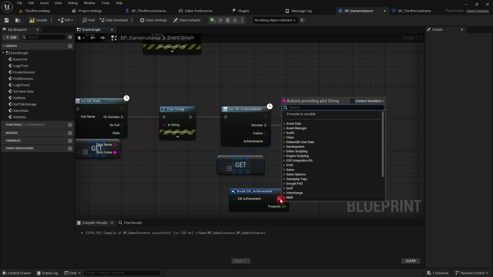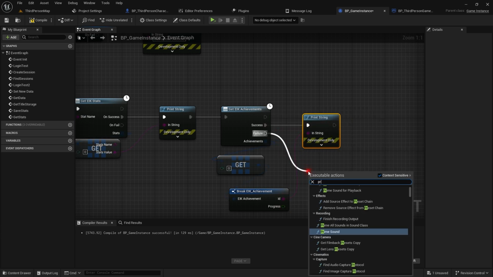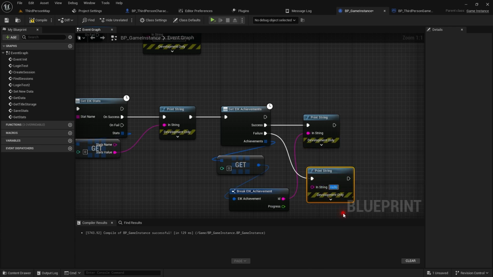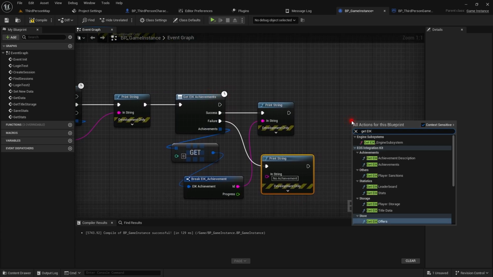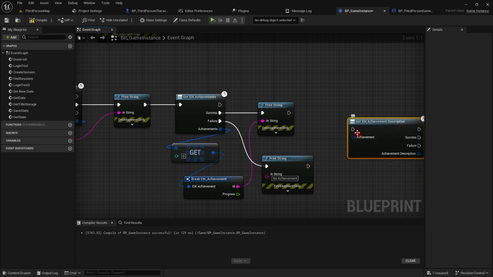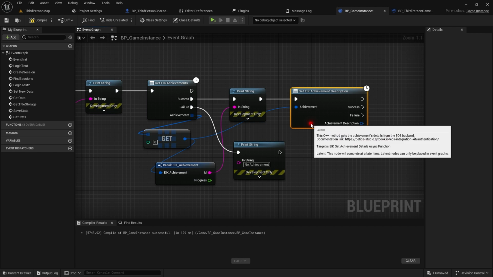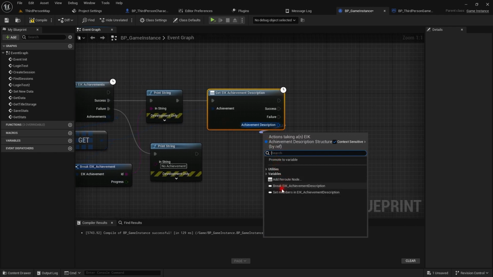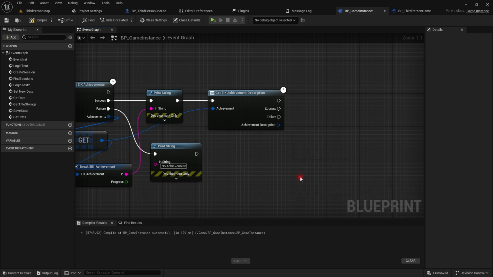Print a string, and if it is not there, we will print a string, no achievement. Just to give you an idea, you can also call Get EIK Achievement Description and pass in this. It will give you more data like the ID, progress, title, locked description, locked is hidden, unlock time, when did you unlock, and everything. But we don't need it as of now, so let's remove it